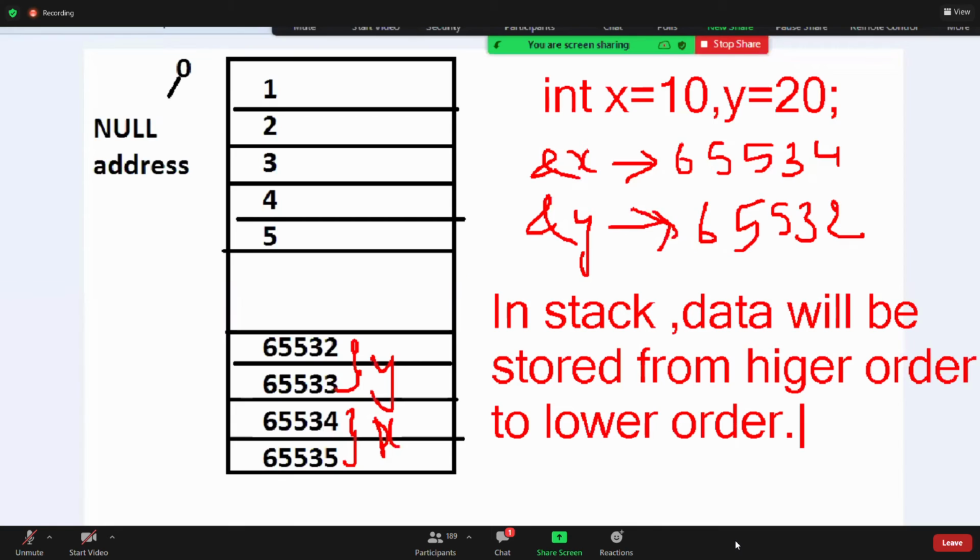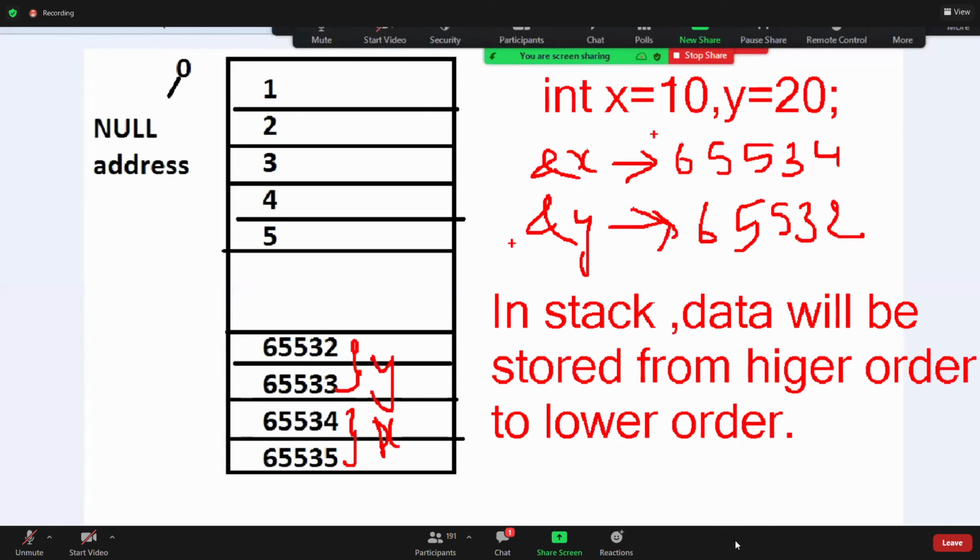Guys, complete here. How to print the address?